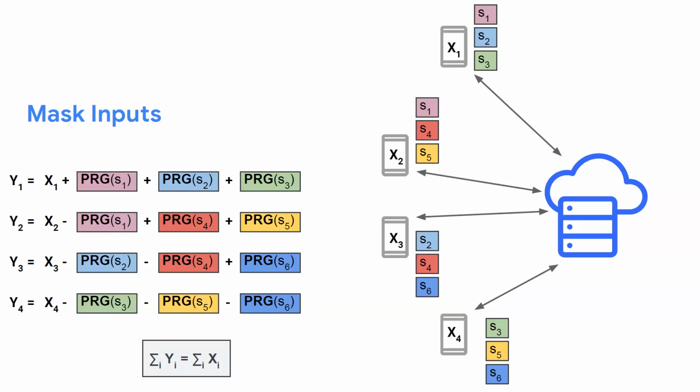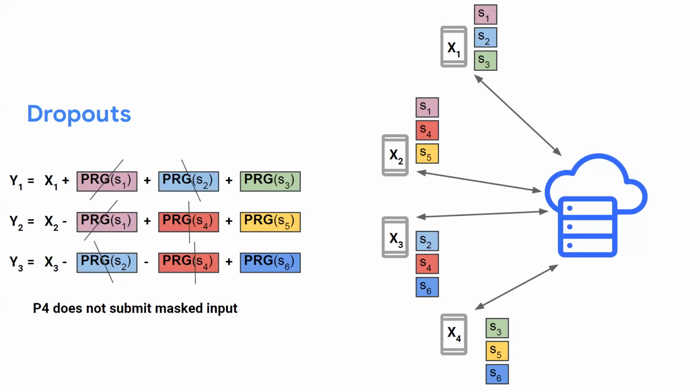And I want to emphasize here that what these protocols do is share a short seed, and this short seed is expanded using a PRG to match the length of the input, because in practice these inputs are quite long, especially when you talk about the gradient updates in the context of federated learning. So this will be an important point in one of our optimizations that is going after a more computationally efficient solution. So this protocol is nice, but of course it has to meet the challenge of